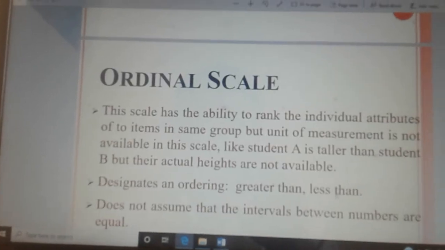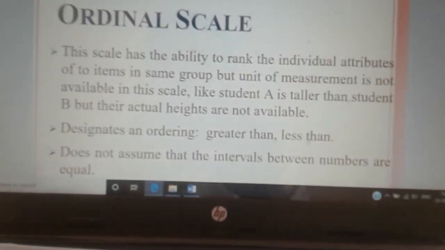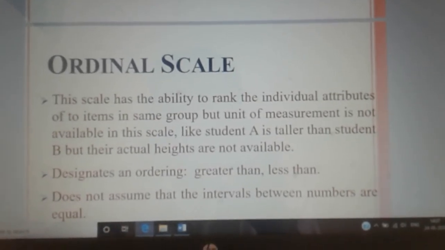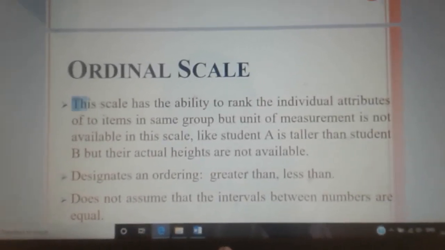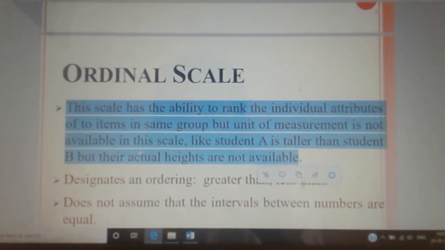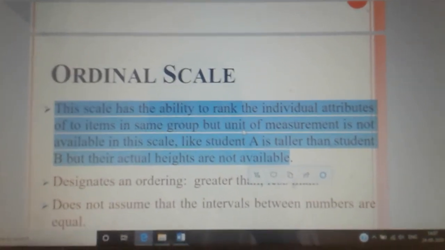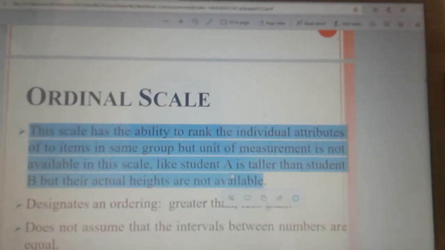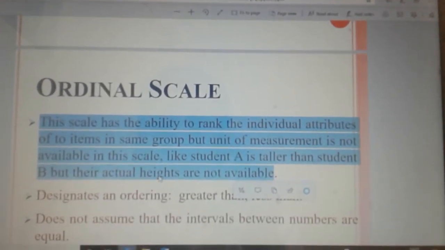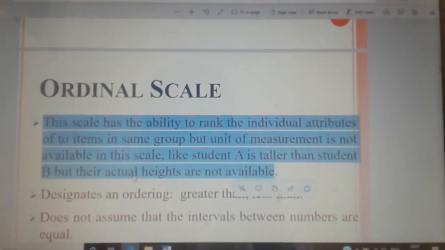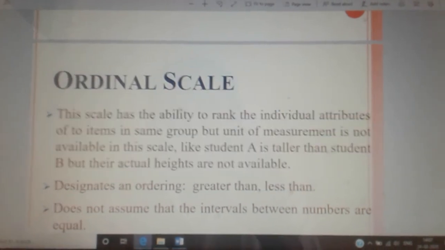Next, we will see the ordinal scale. The ordinal scale has the ability, let's see how they define it, to rank the individual attributes or items in the same group, but a unit of measurement is not available in this scale. Like student A is taller than student B, but their actual heights are not available. So here what is happening is